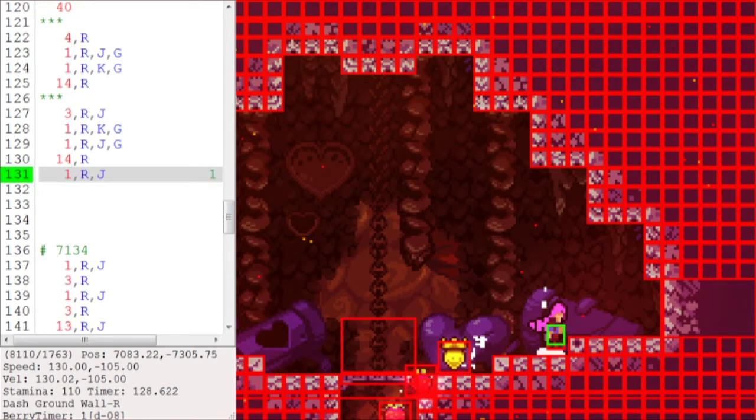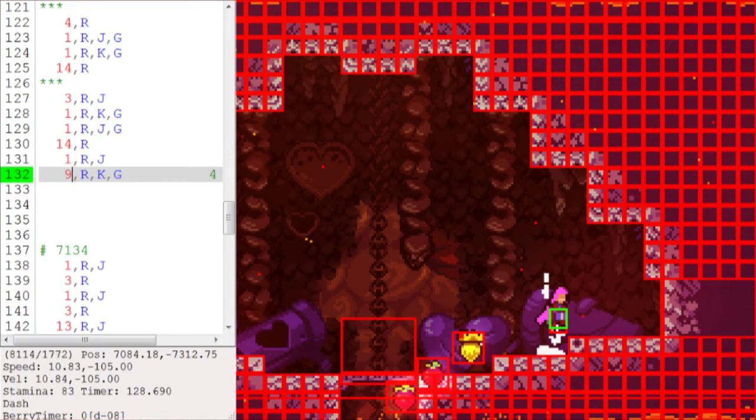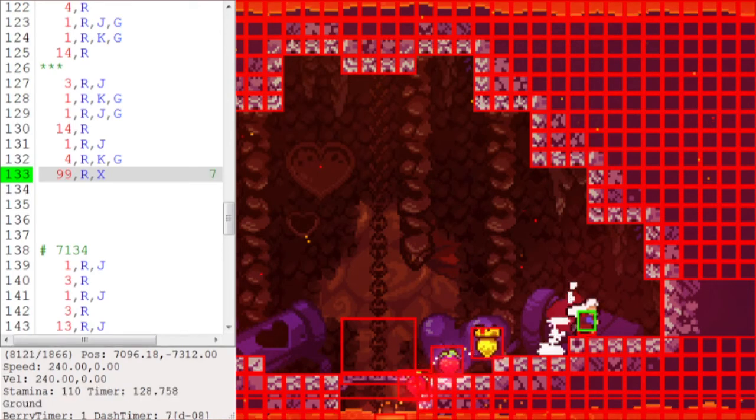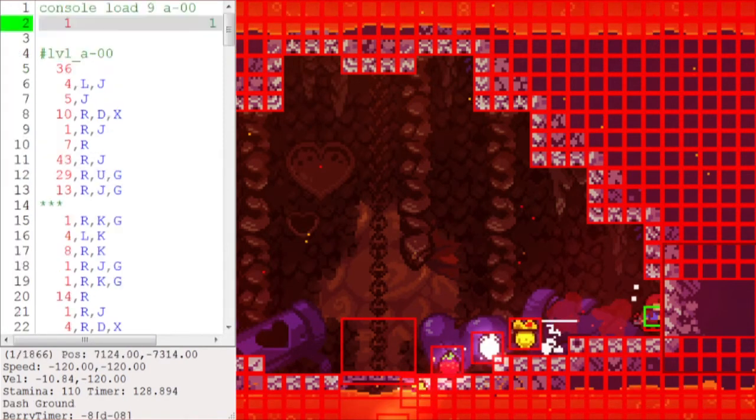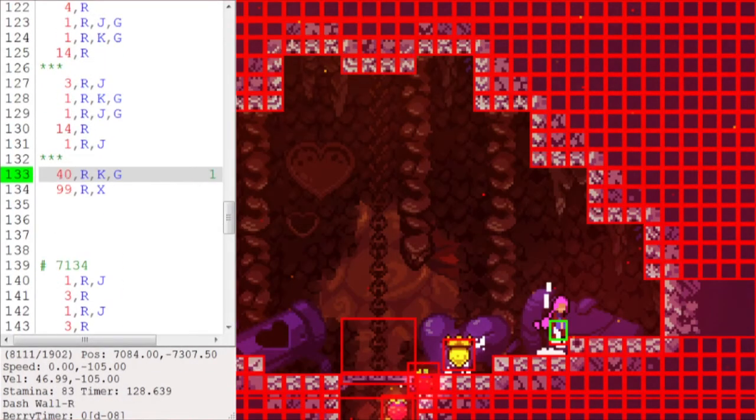This one is pretty obviously not going to be able to get a double corner boost because we're so close to the wall. I could spend time trying to manipulate the pixels a bit better, but it's not really worth it for just a demonstration. Now we're going to jump to the right, and I can dash right here, but again, unfortunately doing this because I'm within 2 pixels of the ground, Madeline will snap back down to it and collect the berry. So ideally we need to be higher than 2 pixels above the ground when we do this dash,